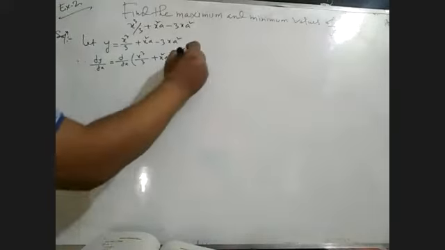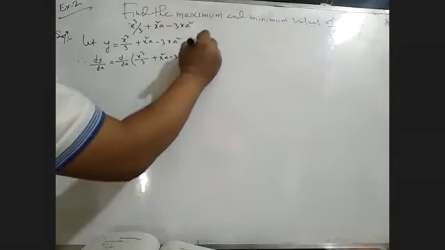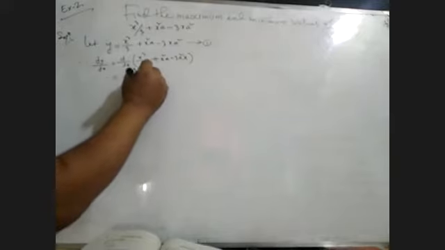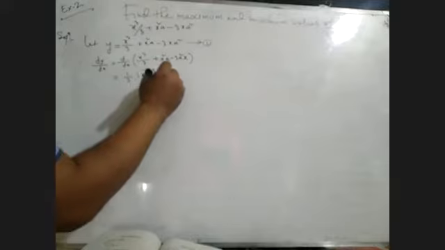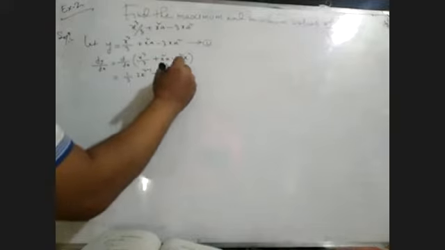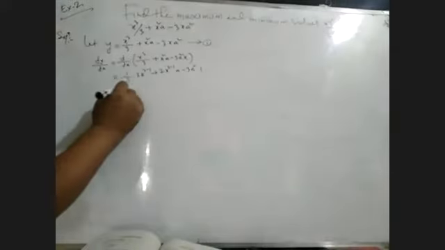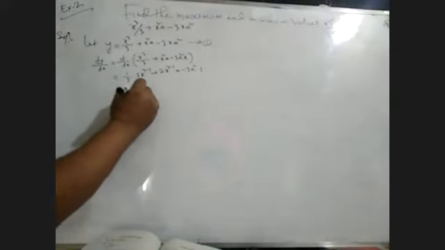Thrice a square x. This is equation number 1. Now using the power rule, x to the n formula, 3 into x to the power 3 minus 1, twice x to the power 2 minus 1 into a, minus 3 a square into 1. X differentiation is 1. 3 cancels. We get only x square.